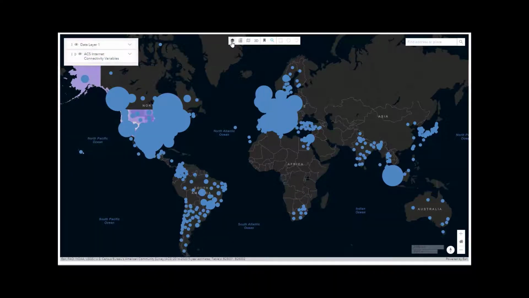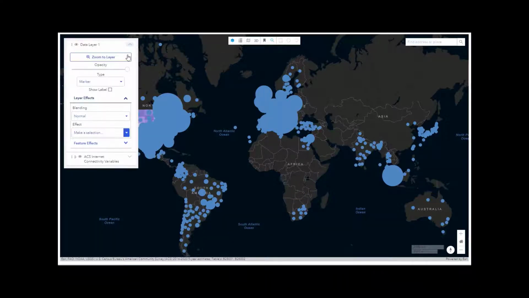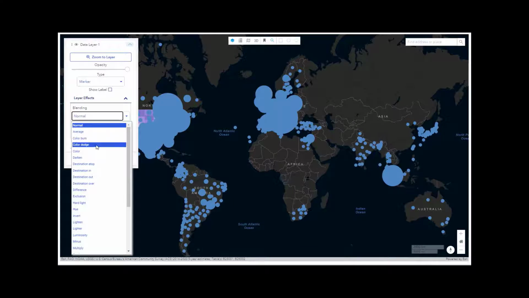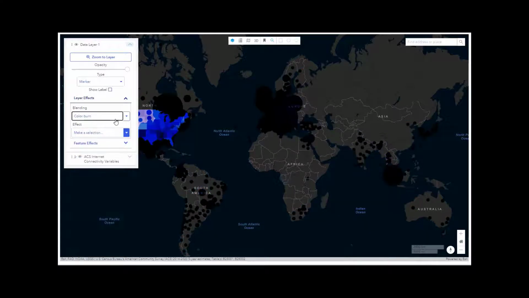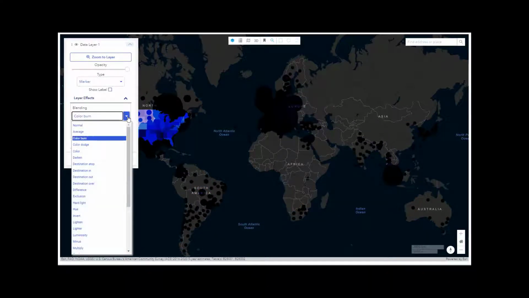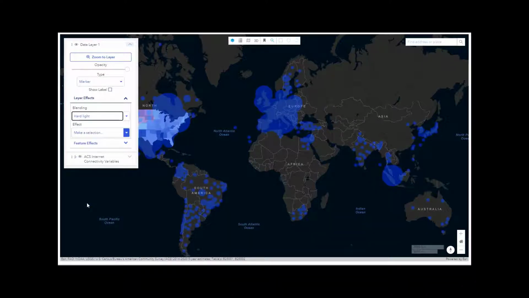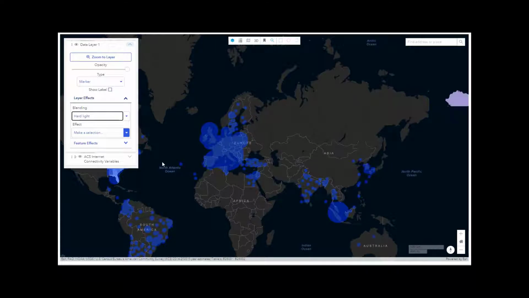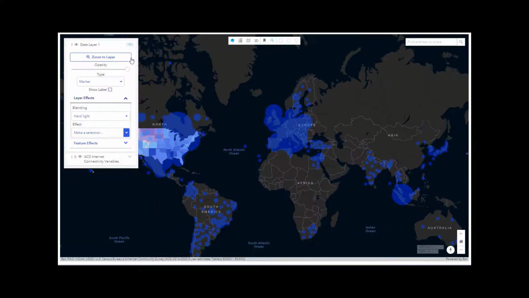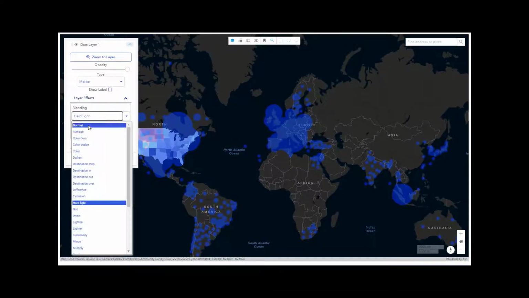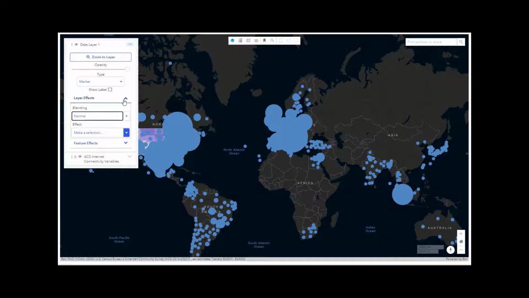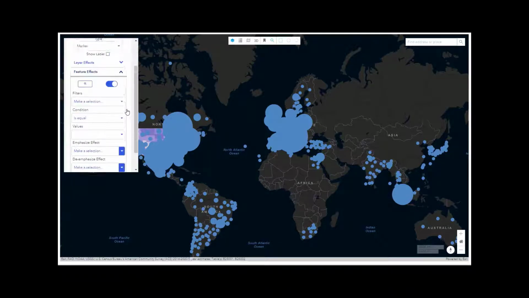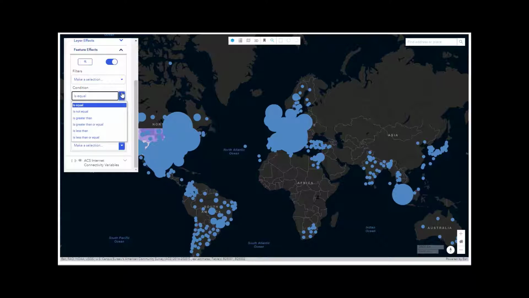I think the most important thing, though, that we've introduced is something called feature effects, which would allow you to apply effects at the layer or the data level, things like color burn or hard light, different effects to highlight and communicate the data or format the data the way that you want, but most importantly, apply filters to this data. So we're looking at some of those capabilities at the layer level, but let's take a look